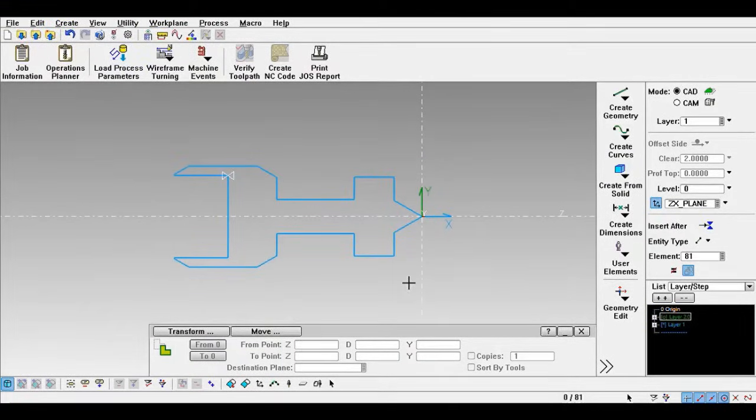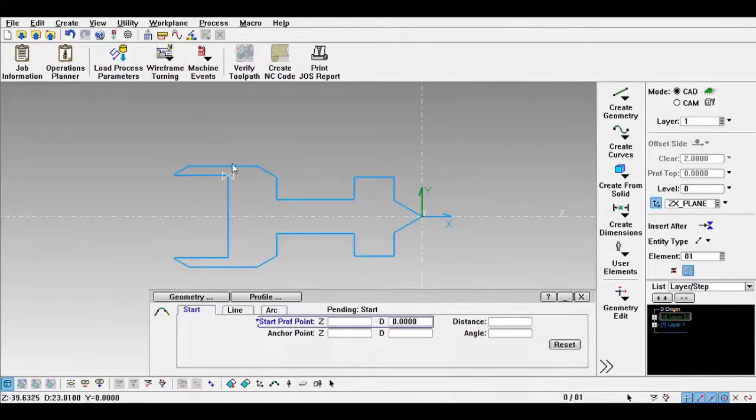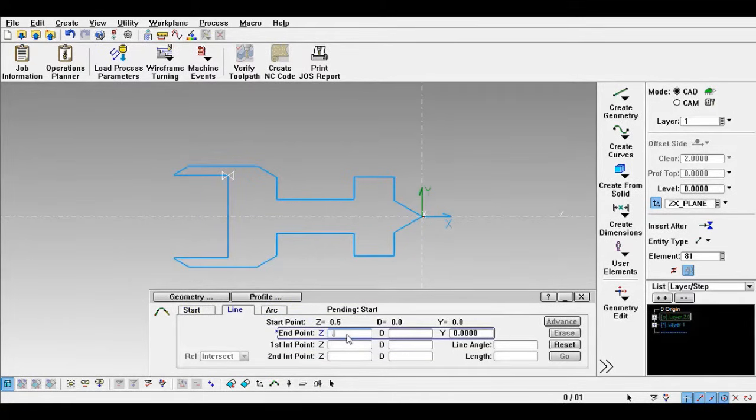Now we need to make the stock profile. So I go to Create, make a geometry, make a profile, specify the Z coordinate 0. Then I go to line, make it 0.5 and diameter say 22. We go to layer and make a different layer so that it will be available for proper viewing.